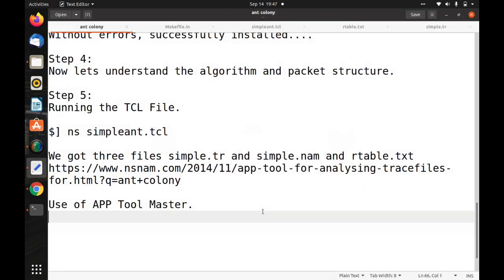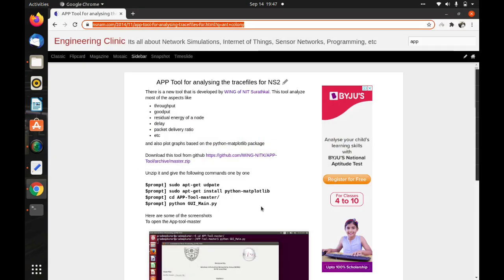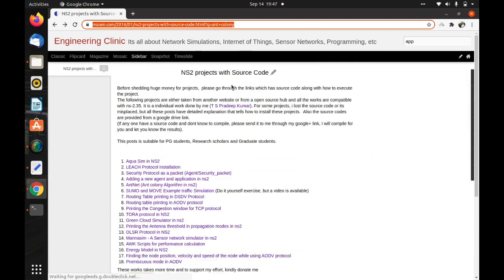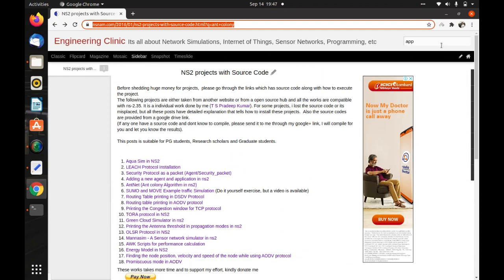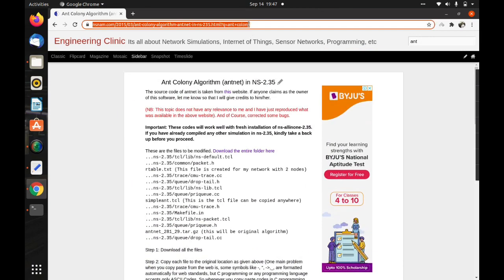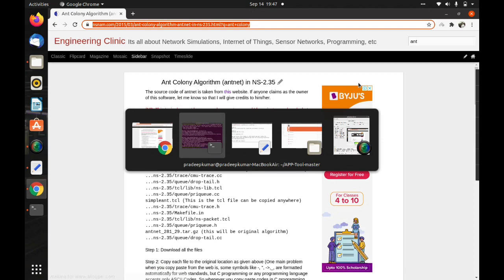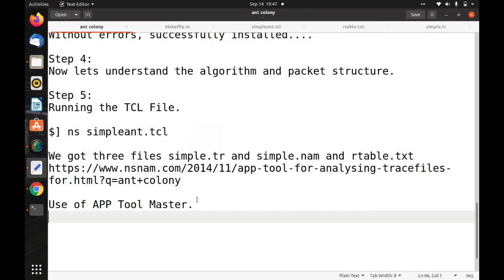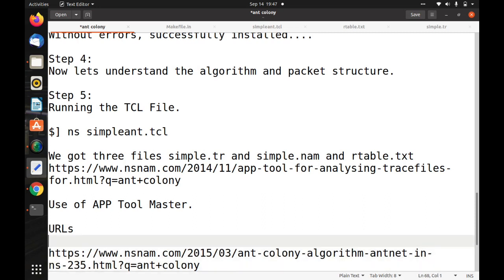With this, the ant colony algorithm you can download easily. I'll go to my URL for downloading this ant colony algorithm. I'll give 2 URLs. In the URL you will have the files to download. First URL is for the ant colony algorithm.